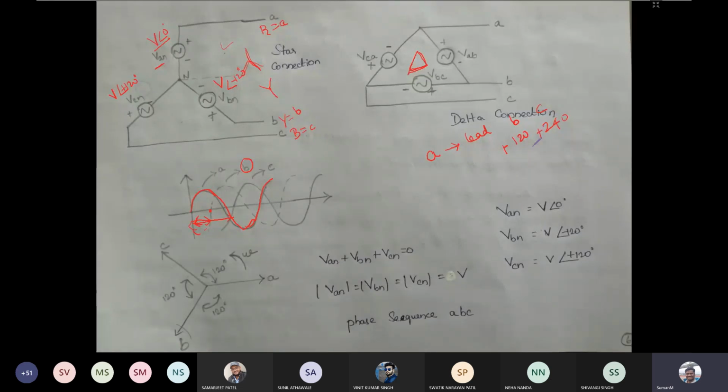Okay, you can consider like this. Or A phase leads B phase by plus 120 degree, and A phase lags the C phase by minus 120 degree. Okay, why I am saying this is, if you project this waveform,